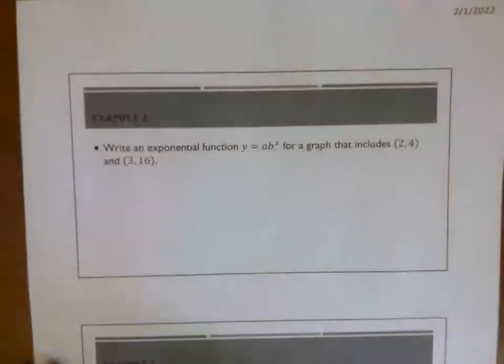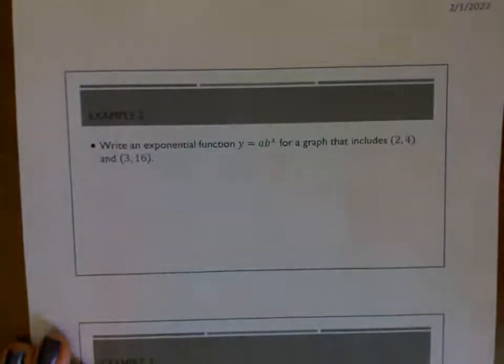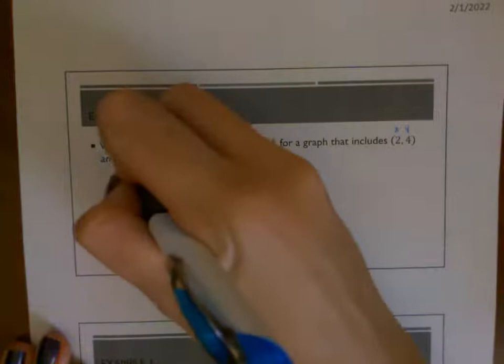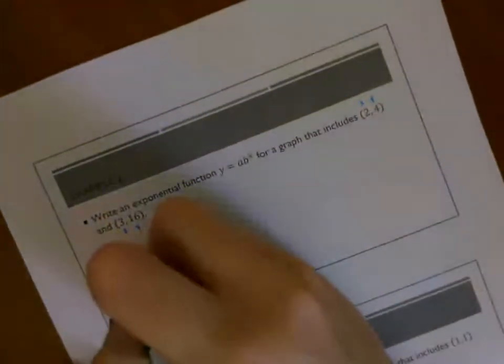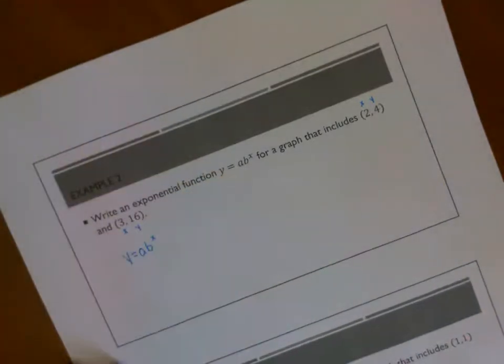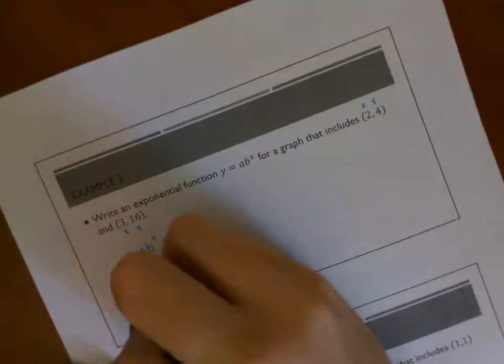So now they're going to give us 2 points on the graph and ask us to write an exponential function. So let's look at this. We've got x and y, x and y. I can plug in x and y for an equation. I can plug in, let's use the smaller one. So I'm using my function y equals a b to the x, and I'm going to plug in what I know. 4 equals